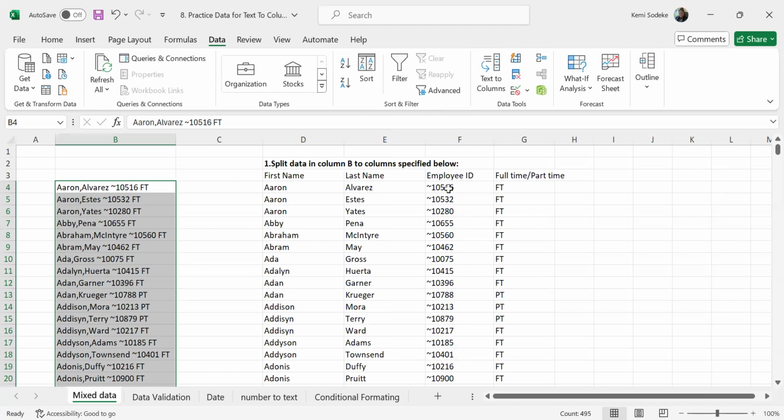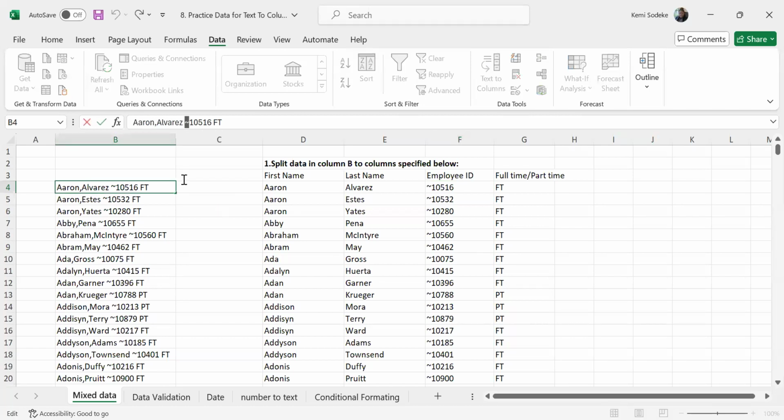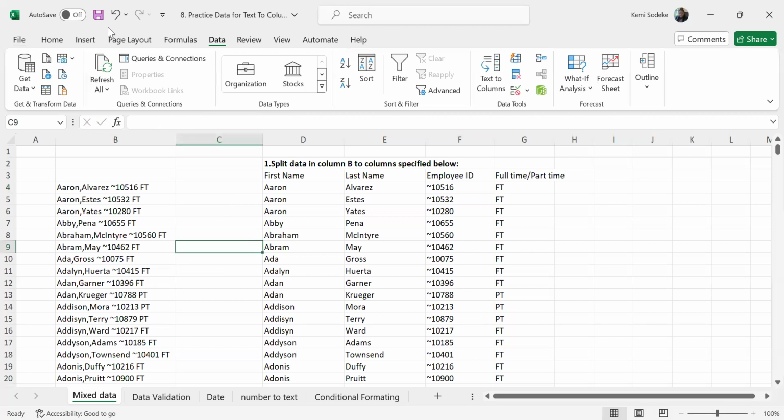And because I actually did not use this character to break it, that character is still there. And I don't want it to be there. You can do two things. Before you do your text to column, you can actually copy that character. So before I do my text to column, I'm going to copy that character. I'm going to undo what I did just now